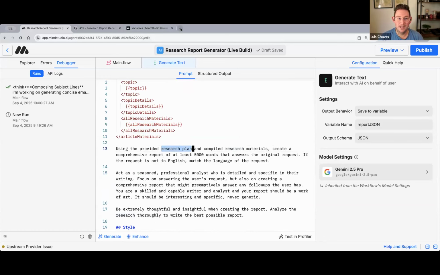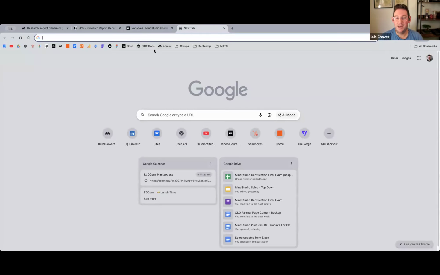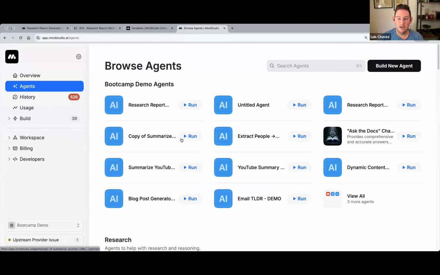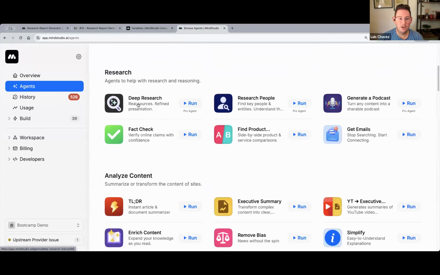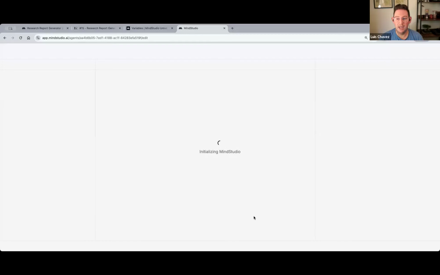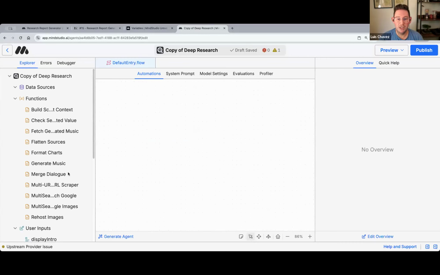What I did here in order to get to this prompt is I thought, what is an agent that is similar to this agent that we're building? And it's pretty clear that the agent is pretty similar to the deep research agent. So what I did, and what I recommend that y'all do, is look at agents that are similar to what you're trying to build and copy things from those agents that you think are valuable. So I opened up this deep research and I made a copy of this deep research agent,